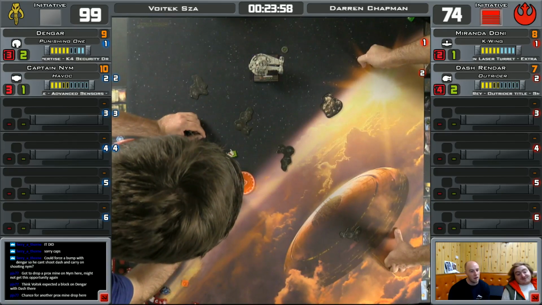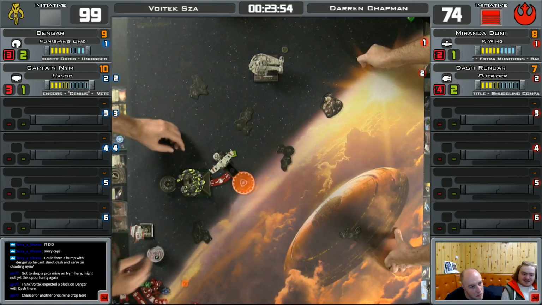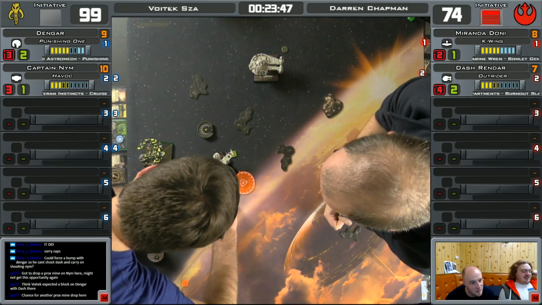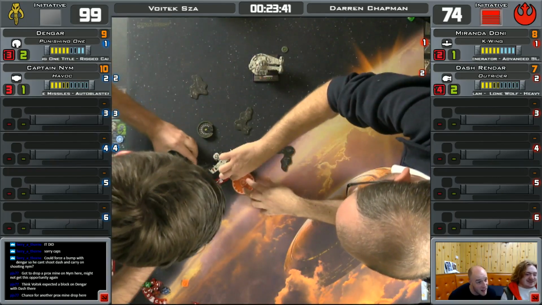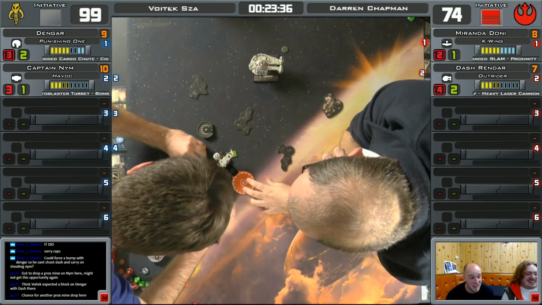He's banged in. That could be worse. Does he? No, he's going to land on the bomb and bump Miranda. Oh, I think Darren might need a judge out there. They're very skilled players. And they're going to hit that bomb. If he doesn't hit it this round...